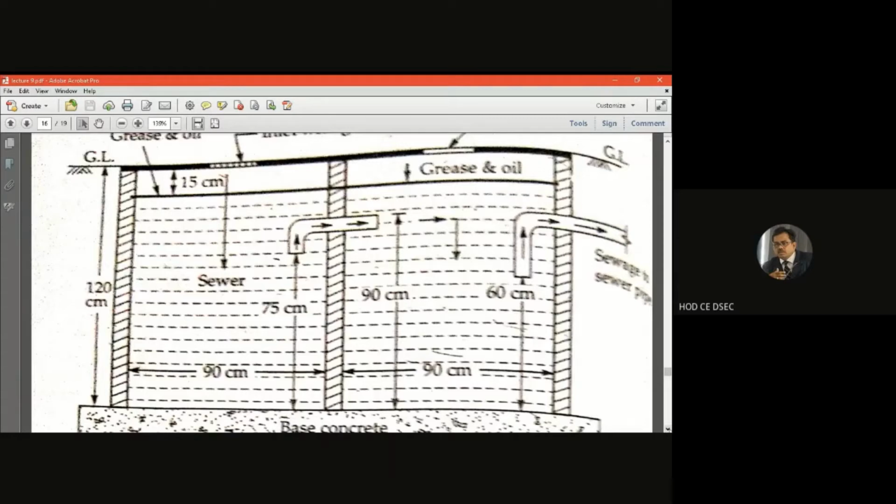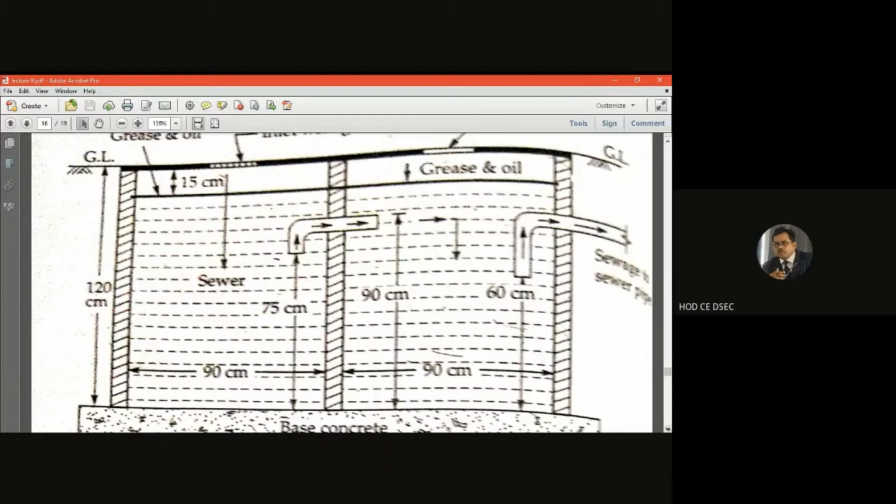These grease and oils are generated from garages, from kitchens, from hotels, oil and grease industries, and they have a tendency in a pipe to stick to the pipe material. So it will arrest further suspended materials, since it has a sticking property, and thus it augments siltation in the pipes and damages the pipes. That means the pipe cross section is getting reduced.